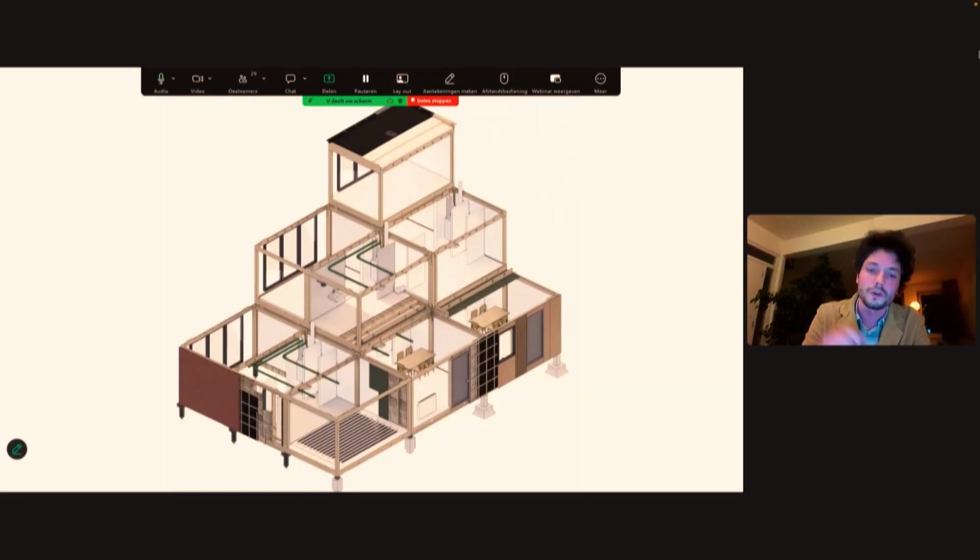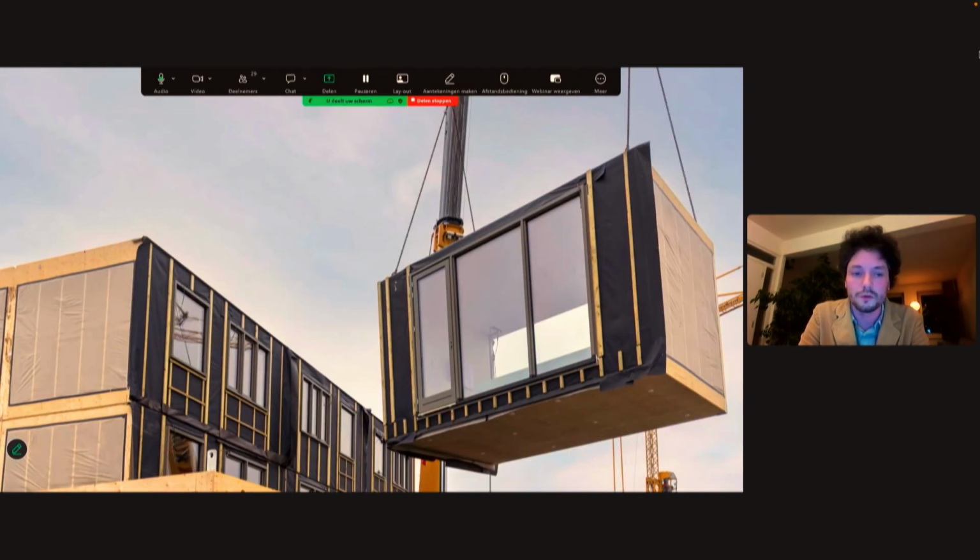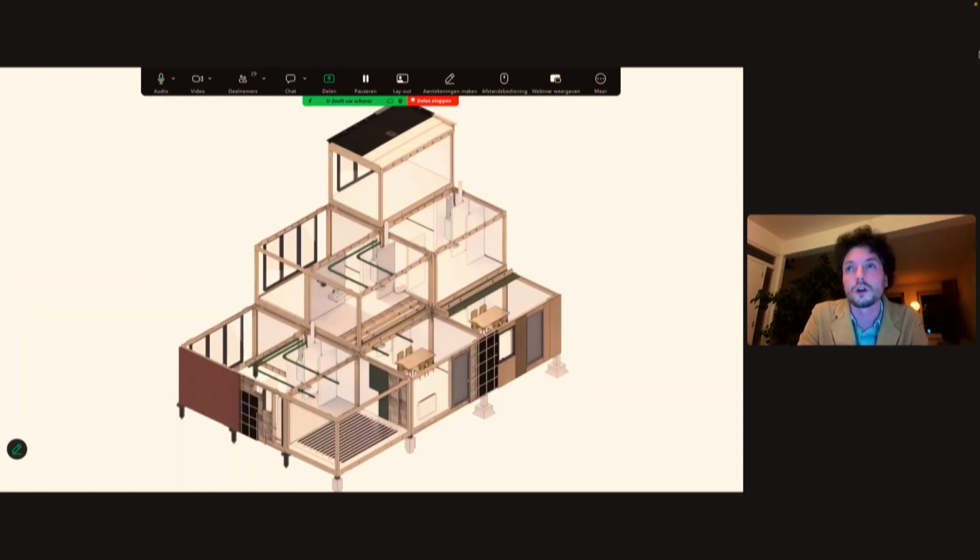Now, this is kind of an exploded view of what we make. So we have a 3D modular system with very, very high quality elements, which have an extremely high precision rate. And that's the ones that we place on top of each other. So this is kind of like how we build it. Usually these days we build it fully, including installations and facades, so that the work on site per house can be done in a week after placement.